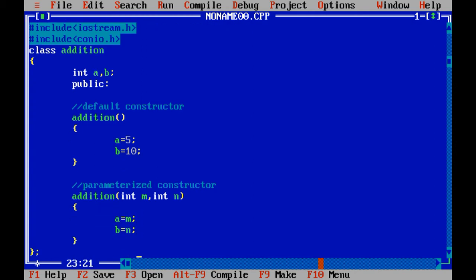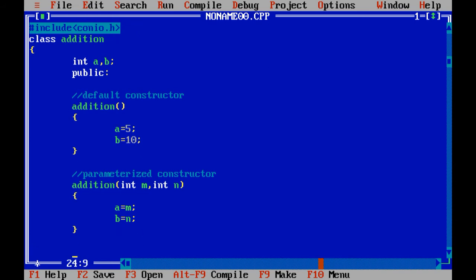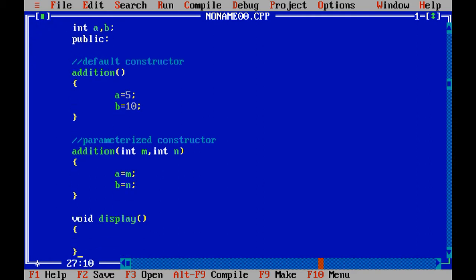Now let us develop one method called display. After performing many programs which are based on these two topics, here we are just going to recall, right? Because this is a very simple program which we have already discussed in our previous videos.